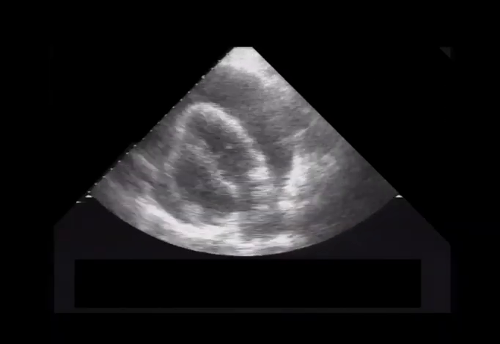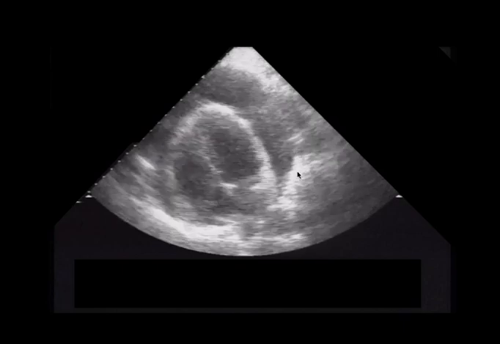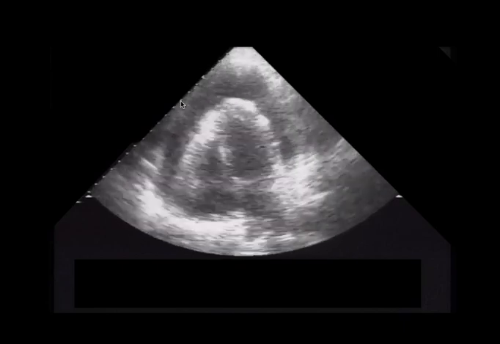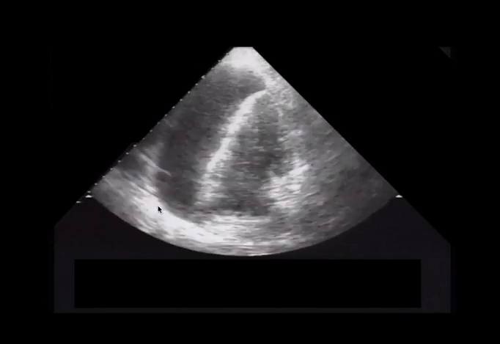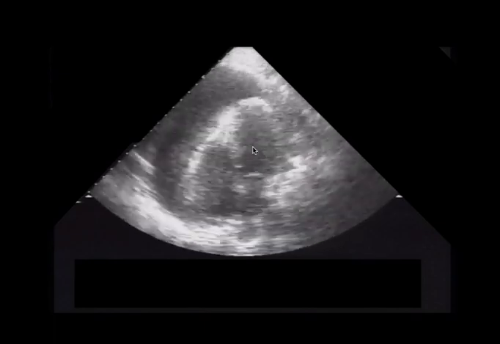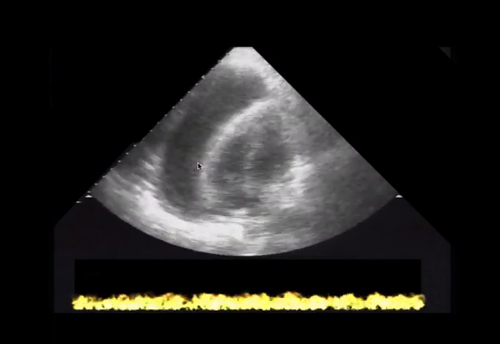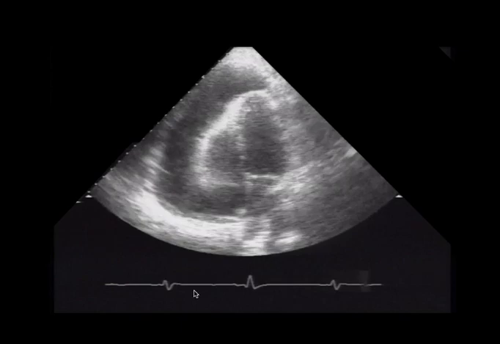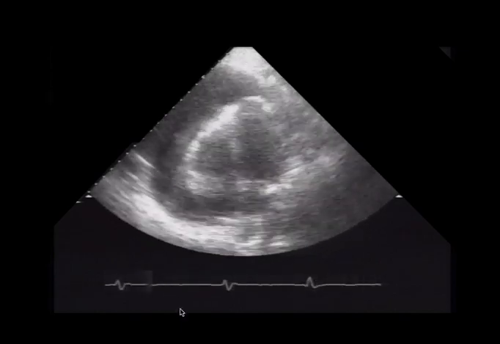What do you think is going on here? Well, this is the pericardium out here, okay? And we can see the heart with the LV here and the RV here. And to give you another hint, I don't know if you can tell or not, but this is something called electrical alternance, where